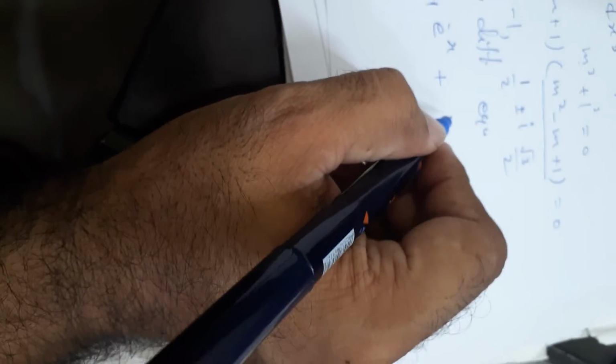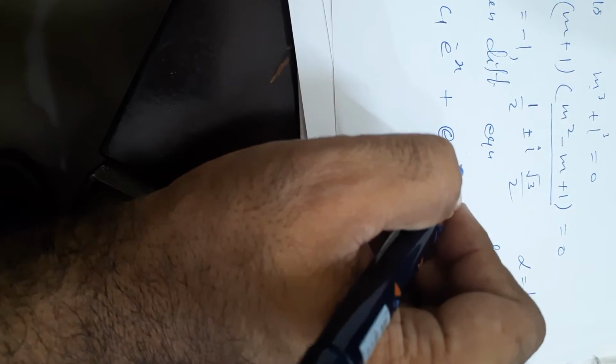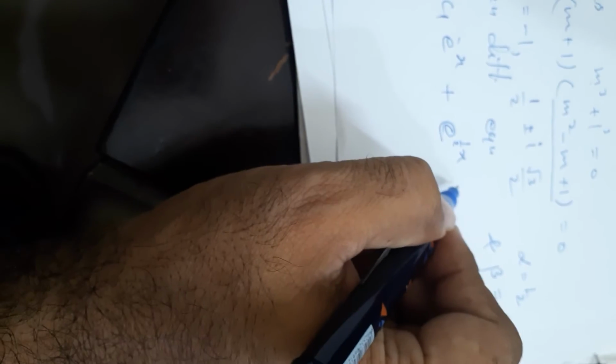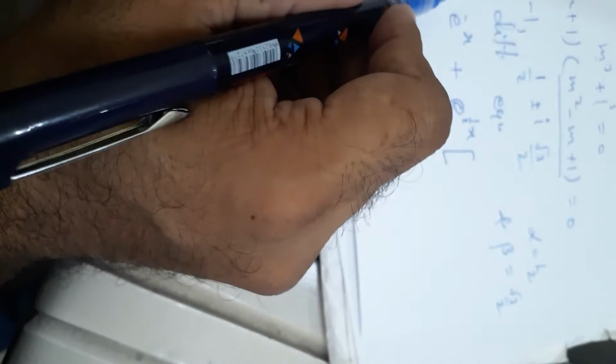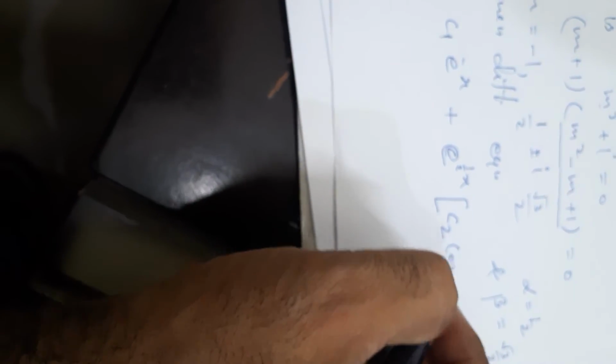Here alpha is 1 by 2 and beta is root 3 by 2. So we write e to the power 1 by 2 x, and here we take c2 cos root 3 by 2 x